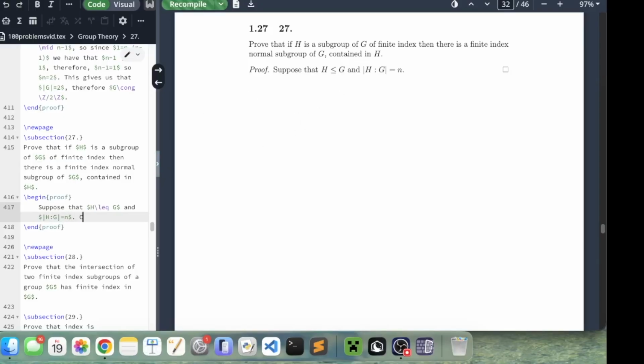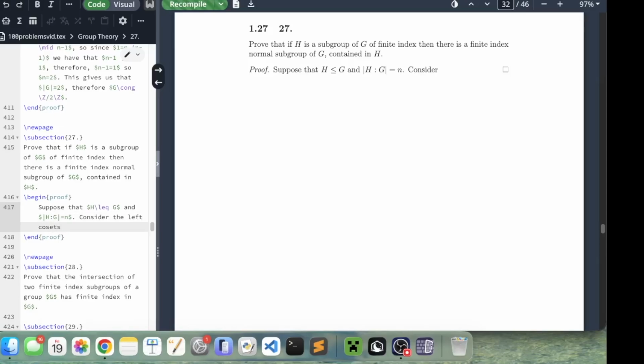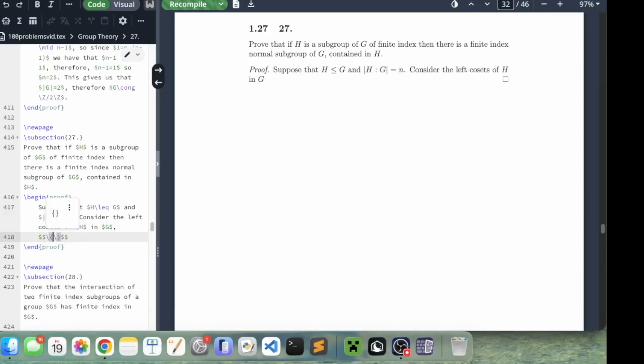Okay, and we're going to consider the left cosets of H in G. So the set G modded out with H, which is equal to gH, such that g is in G. So we're going to consider this set,